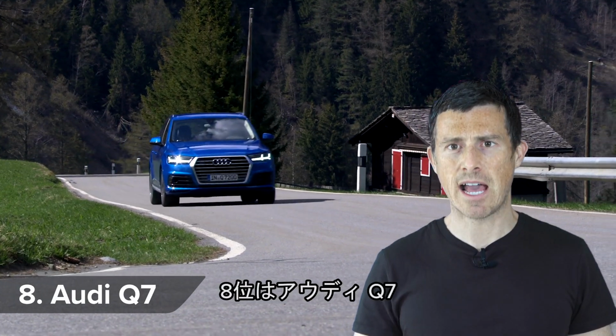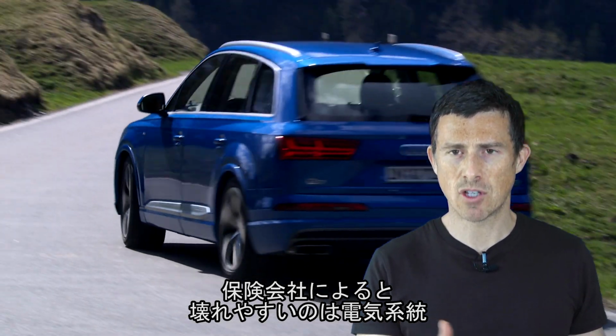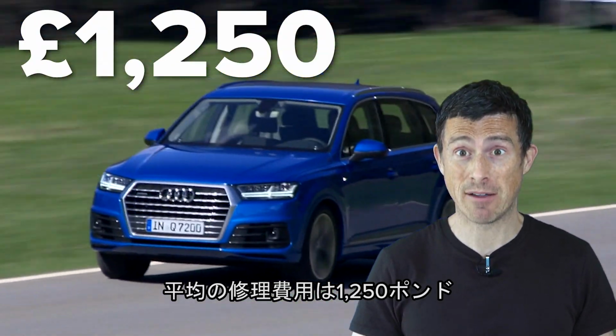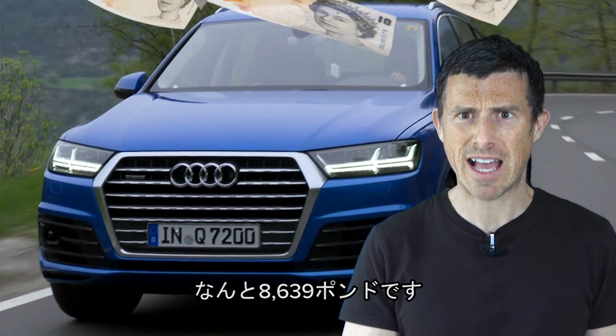In eighth place is the Audi Q7. So Warranty Wise says that the most common faults on Audi Q7s up to 10 years old relate to electrical problems, and the average cost per claim was £1,250. However, the biggest claim that they paid out on a Q7 was actually to fix some oil leaks, and that came in at